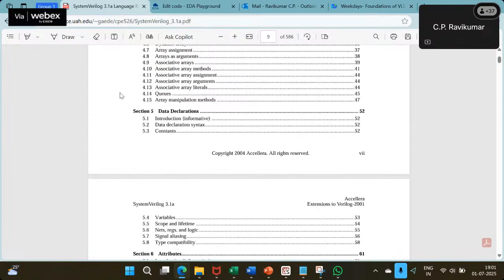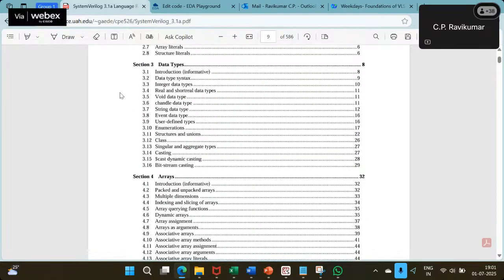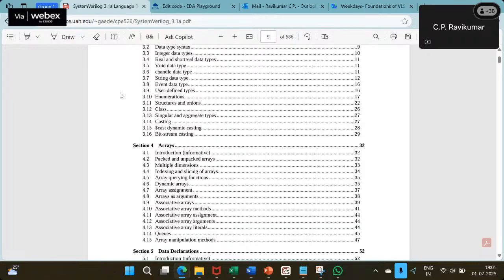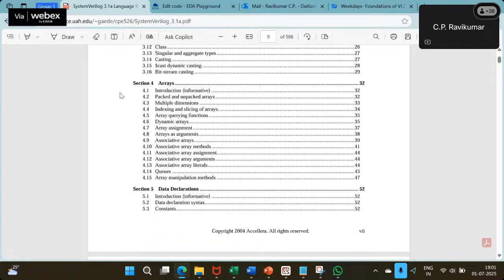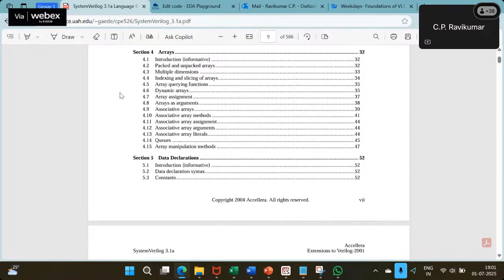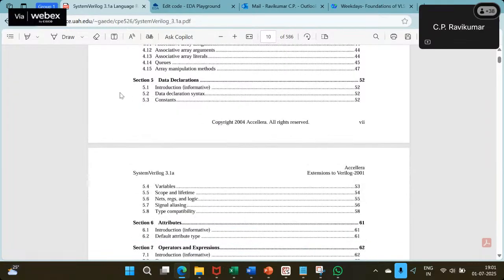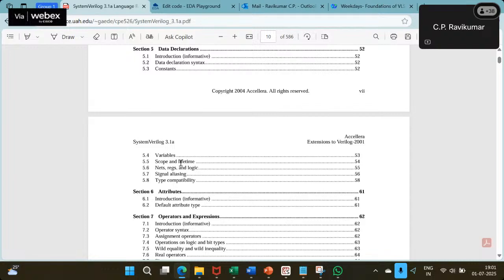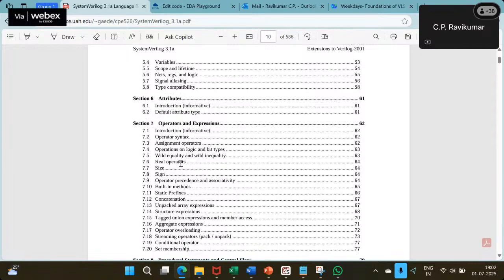So we have looked at many of the data types, right? And I think we have taken some examples also. Then I have told you about the difference between four-state and two-state variables, about the difference between packed and unpacked arrays, and